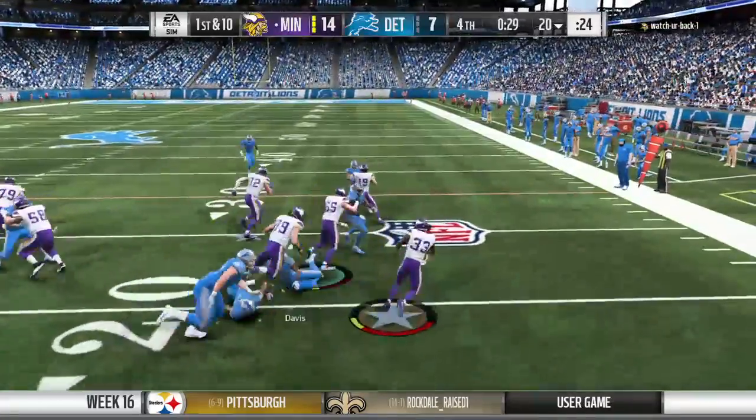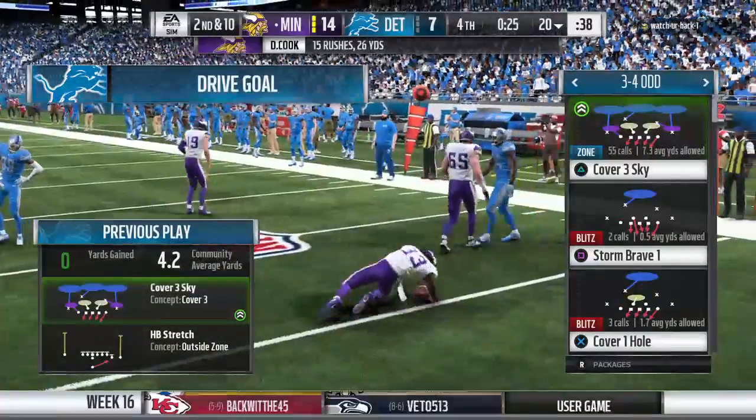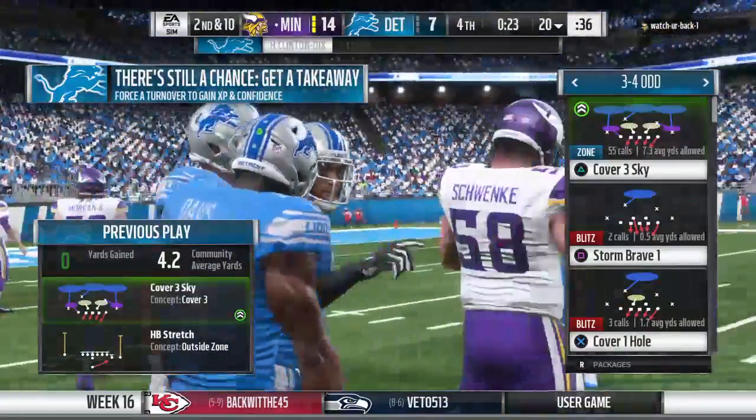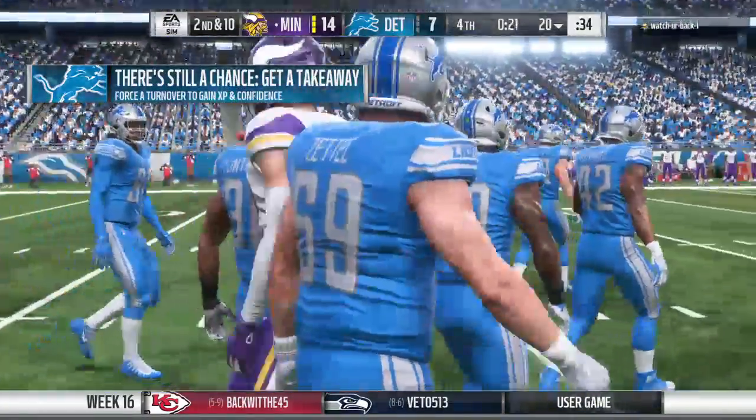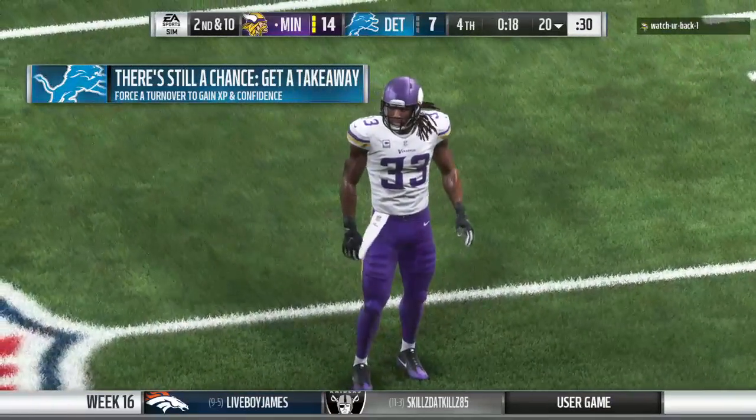They start the drive with Cook. Clinton Dix there for the stop. Charles, why didn't they just take the knee there? You're asking the question that I'm asking as well, because we've seen a lot of football where coaches decide maybe